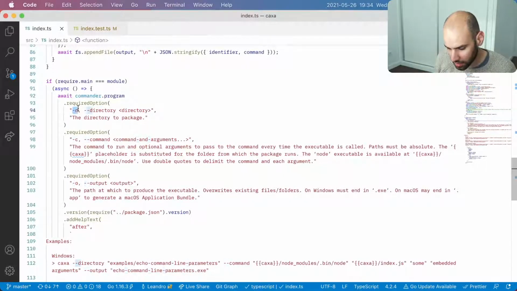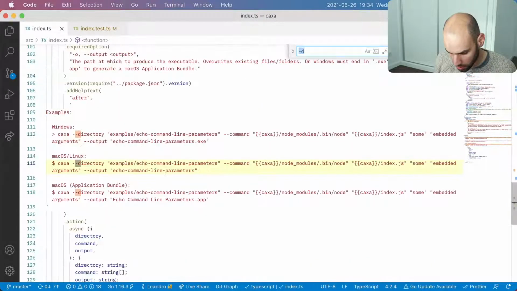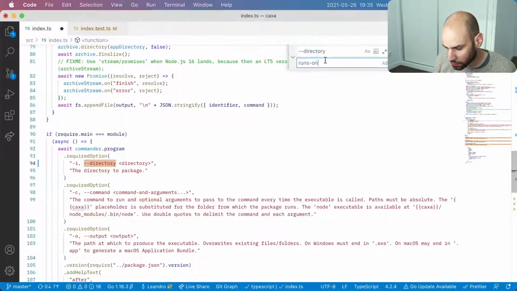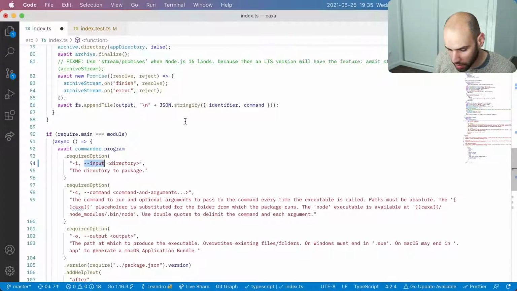So we'll do that. So this dash D appears in only this location, so it will be dash I for input, and dash dash directory will turn to dash dash input, and then directory like this, it's the only occurrence.